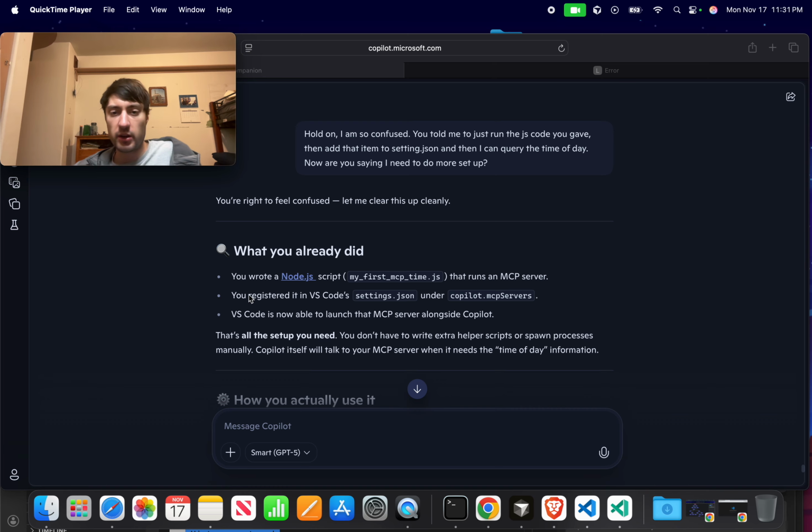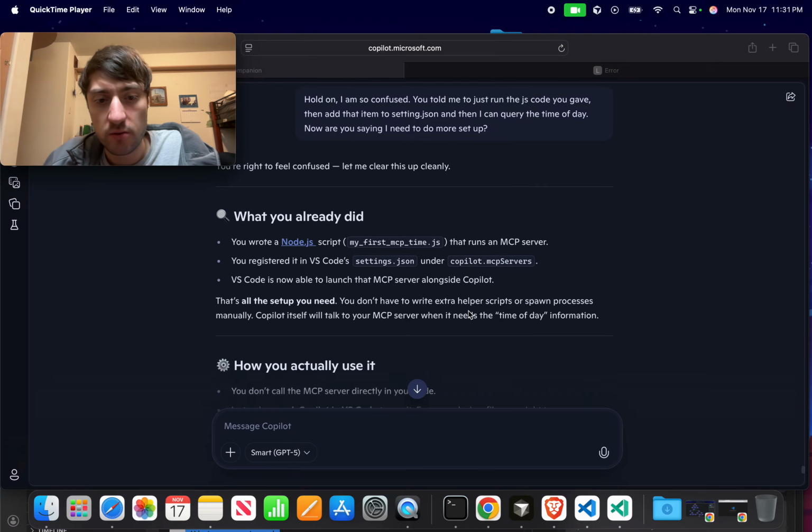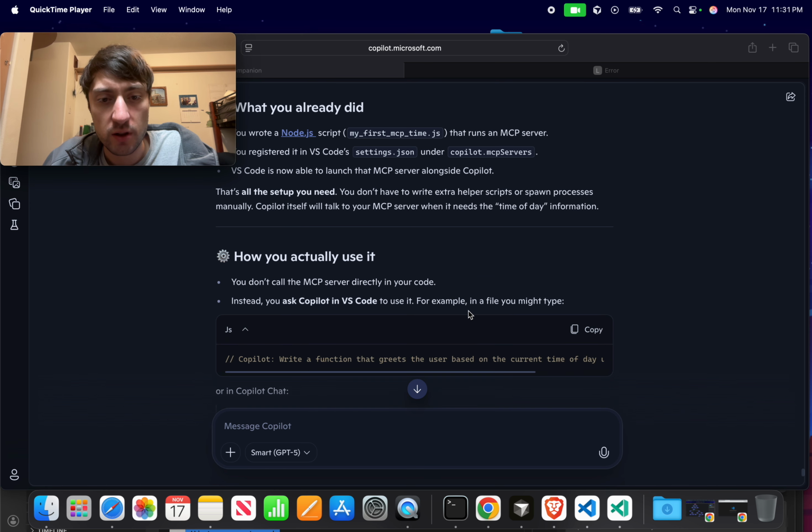I registered it with VS Code under Copilot, yep. VS Code is now able to launch the MCP server alongside Copilot. That's all the setup you need. You don't need to write an extra helper function. You don't need to call the MCP server directly in your code. Instead, ask Copilot in VS Code to use it. For example,